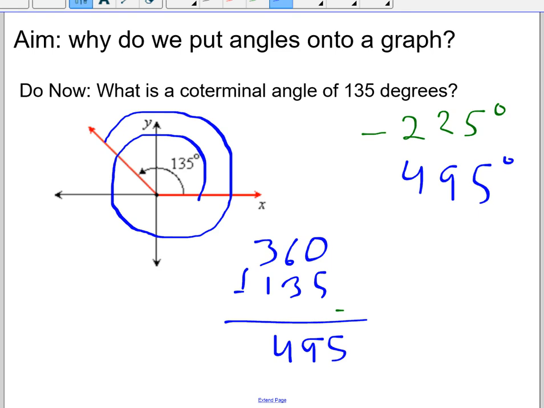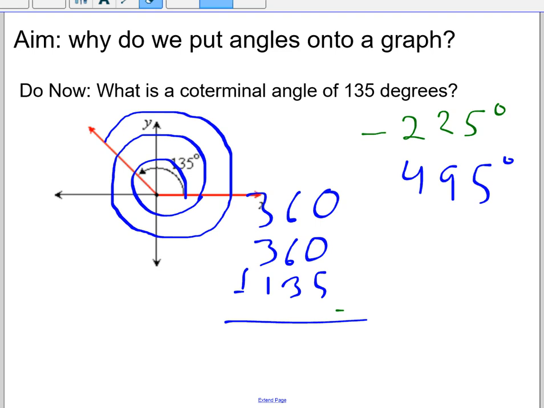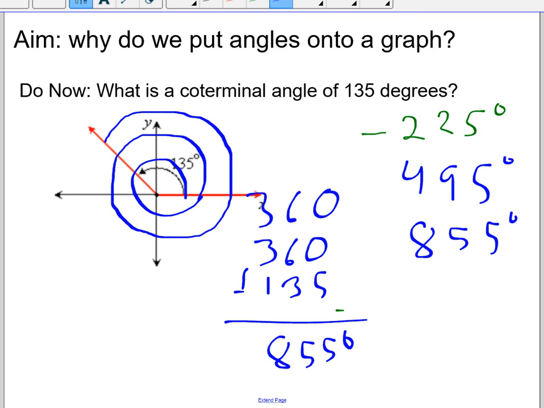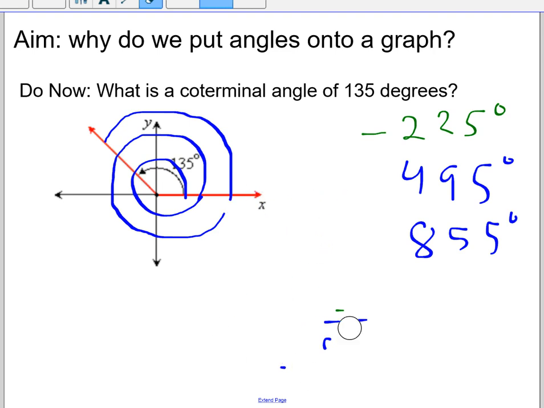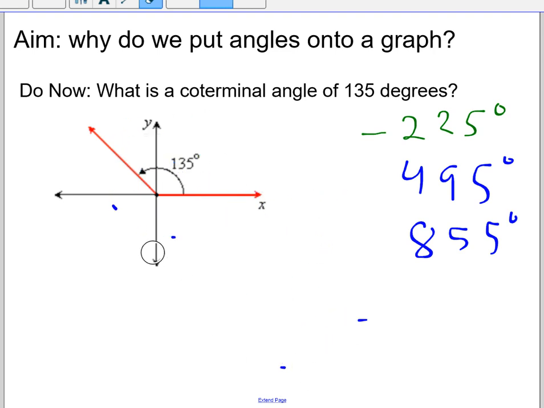And I could keep doing that as many times as I wanted. I could circle around twice, and that would give me 720 plus 135, which is 855 degrees, another coterminal angle, and I could keep adding circles indefinitely. There are an infinite number of coterminal angles, and we could still do the same thing going in that clockwise